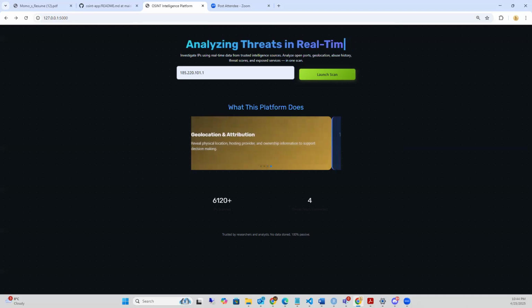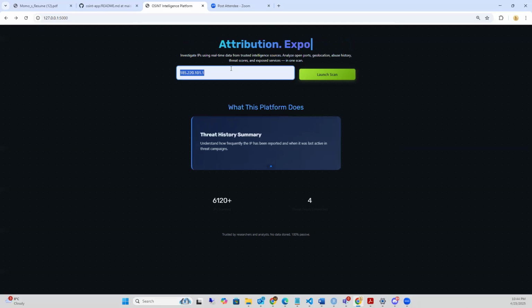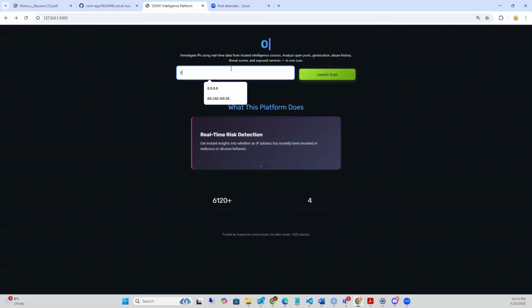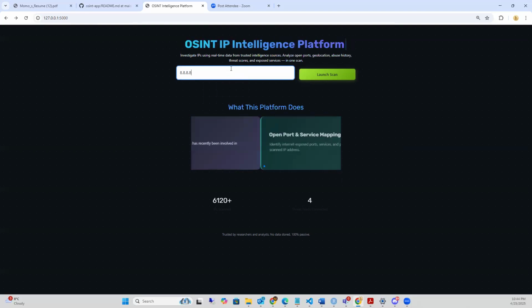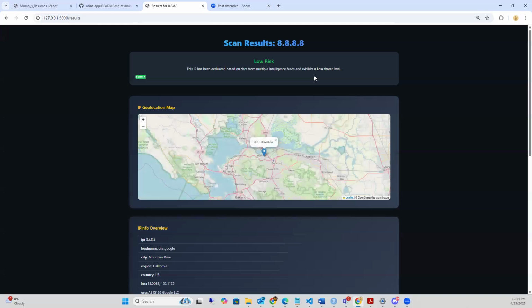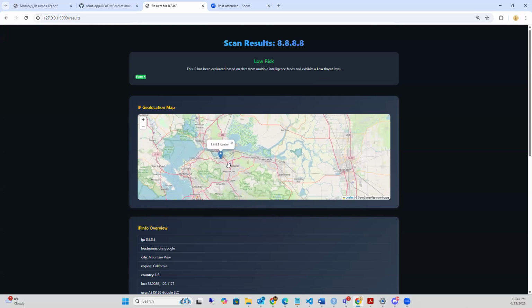Our main goal with this OSINT project was really to turn scattered threat intelligence into clear, actionable insights, right? And this will allow users to quickly evaluate an IP's risk level in an intuitive and professional environment.